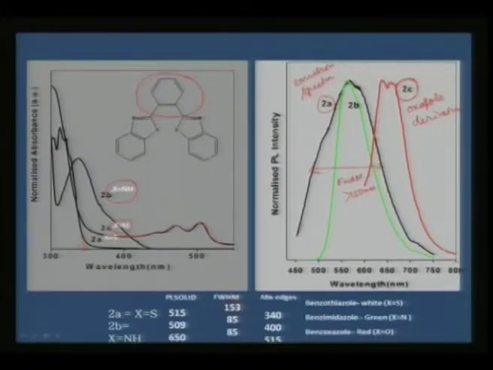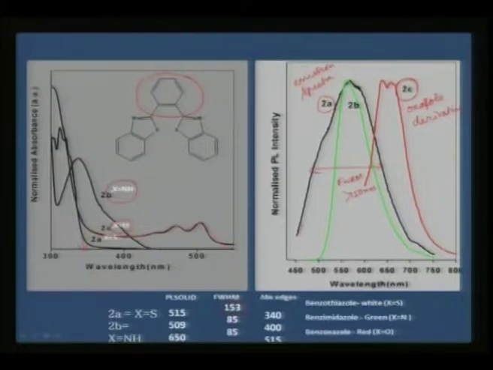So what is peculiar in both the cases, 1 series and 2 series, is that thiazoles are showing a featured emission, and it is also showing a near white light emission. Whereas if you look at oxazole, whether it is with the phenyl linker or with the alkene linker, you would see that it is showing a preferred red emission. Imidazole, on the other hand, always shows a green emission. You can see here imidazole always shows a green emission. So this seems to be characteristic of all the Benz heterosols.